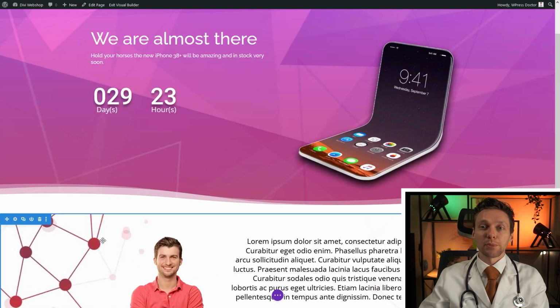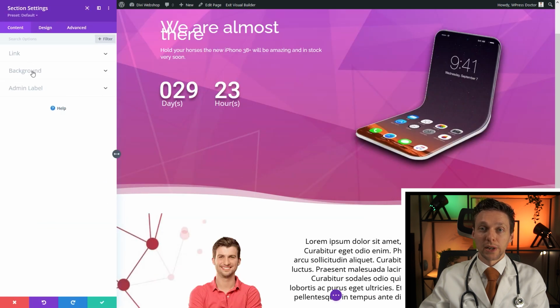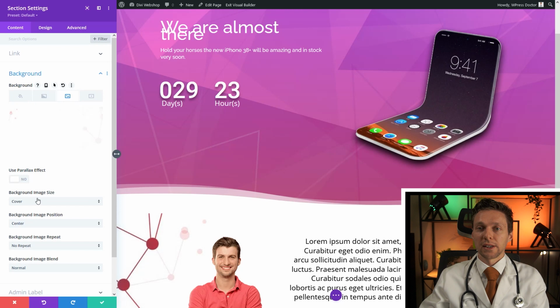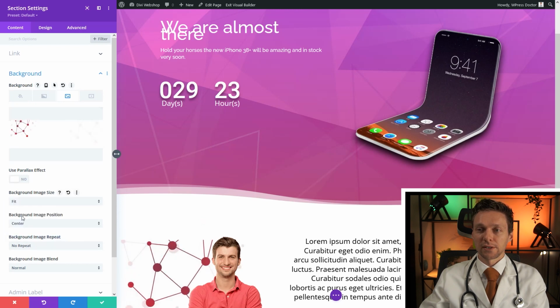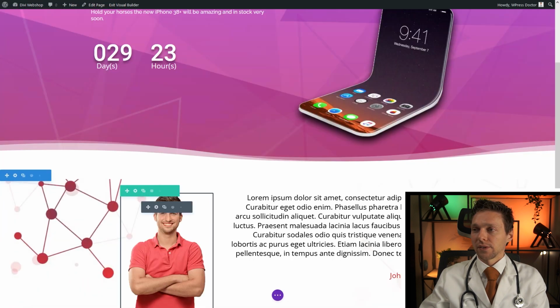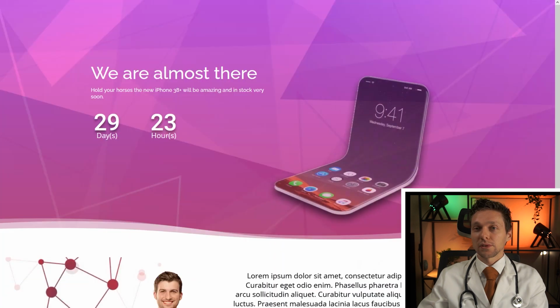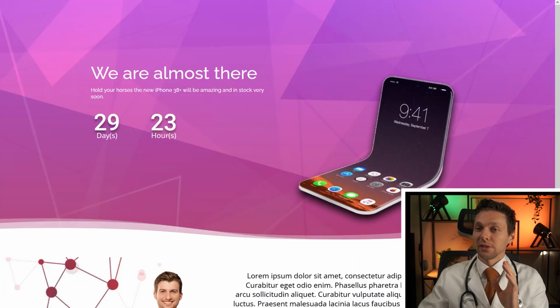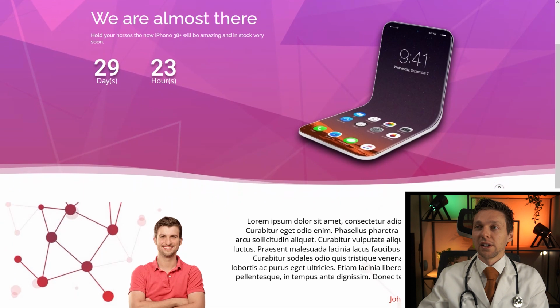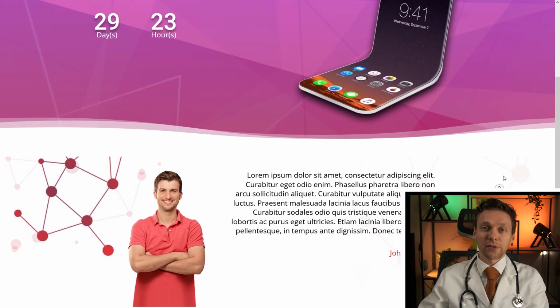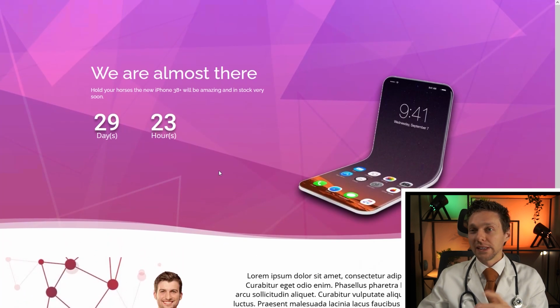So what I don't like about this background is it's not sharp. So we're going to the section settings. We go to background, go to your image. We're going to make it fit right there. Save it. Now this looks way better. So now we have our beautiful landing coming soon page number 3. And it's real funny. Of course, you can add a social media right there or sign up for your newsletter or whatever. It's all possible.